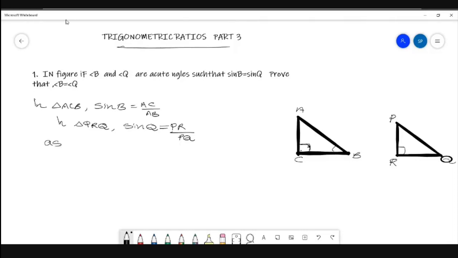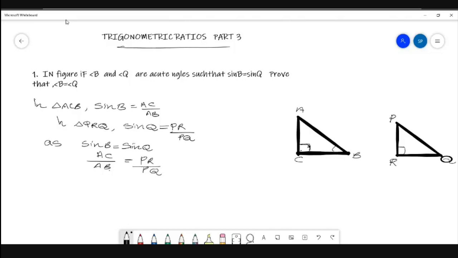we can equate the right hand sides, that is AC by AB equal to PR divided by PQ. Now if you do cross multiplication, you can get AC into PQ equal to AB into PR. So if you rearrange again, you can see that AC means the corresponding side in the other triangle is